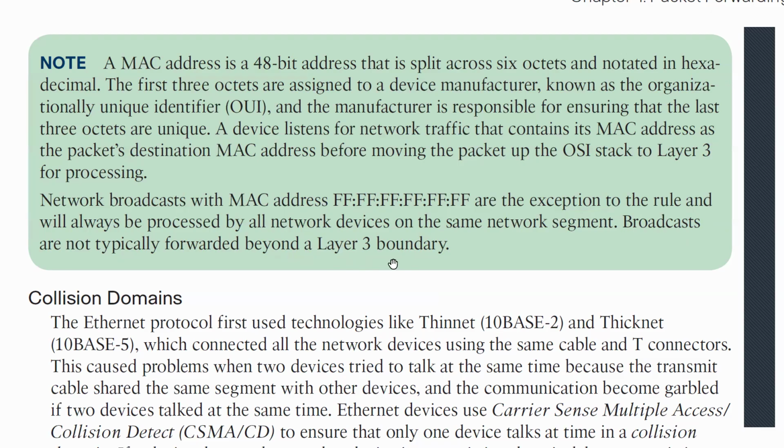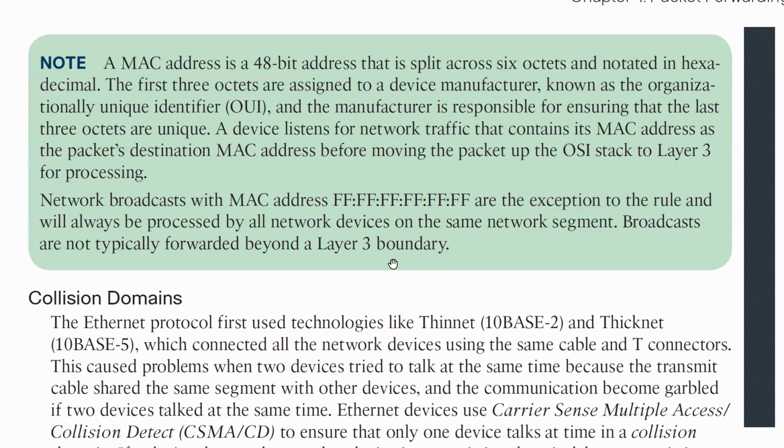When you say layer 3 boundary, what does it mean? Broadcast traffic never travels from one interface to another interface of a router. A router never forwards broadcast traffic from one interface to another. Clear? So that is also a limitation of the broadcast domain. Switches have a single collision domain and single broadcast domain. Then switches came up and divided the collision domain, per-port collision domain. But the broadcast domain was still single. So to divide the broadcast domain, routers were there.